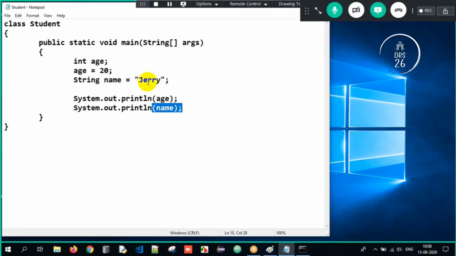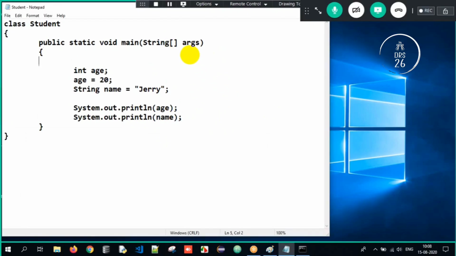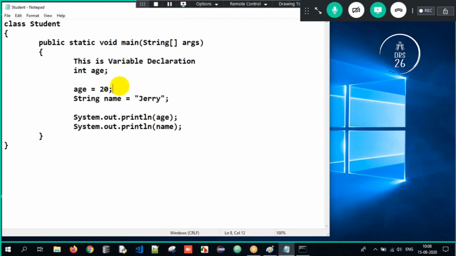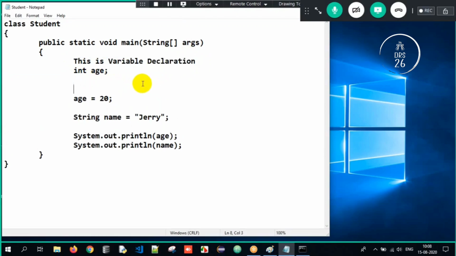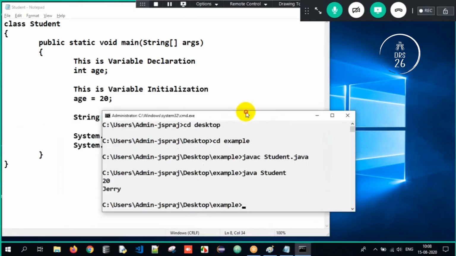Okay, now in my program, I will write one English statement. I'll write it as: this is variable declaration. I will just write this one instruction here. This is variable declaration. Then this is variable initialization. I'm writing English statements here. But now, as soon as I compile, see, this is variable initialization. Okay, now I save with Control S and I go back to my command prompt, and when I execute it,